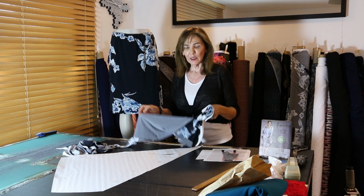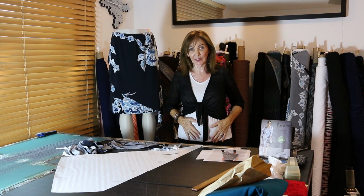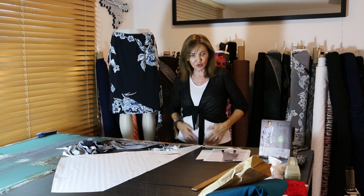You know, a lot of us, we love ITYs, but some of us don't want to wear them on top. We get too hot. But on the bottom, you don't get too hot because there's nothing to get too hot on. So you can pair it. This is the bottom half of me and this is the top half of me. This is the outfit. You can pair it with just a t-shirt, a cotton t-shirt,